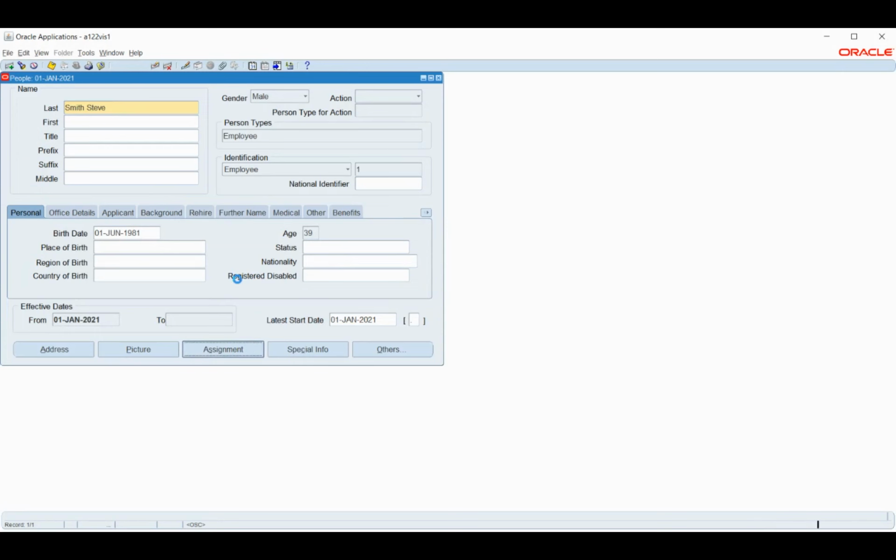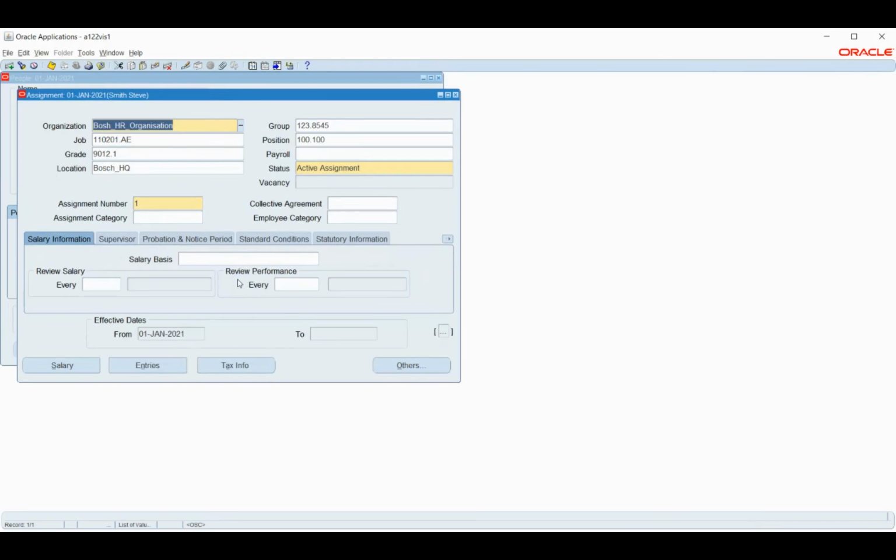So this is the employee that I created. Without much information, I have just created a simple employee with the assignment. I created an organization, that is Bosch. For Bosch, I have created the ledger, legal entity and these other configurations, and I have created an HR organization called Bosch, so I have attached it. And for the same, I have created this people group, job and the position as well. These options we have seen already, so I'm not explaining them again.